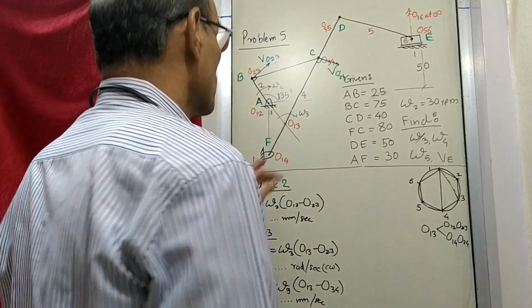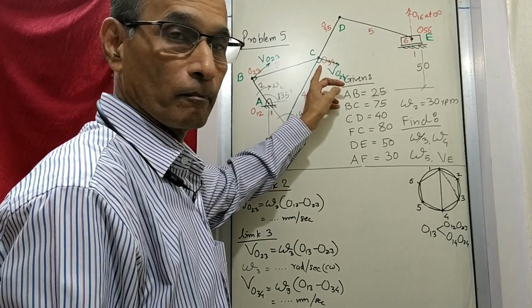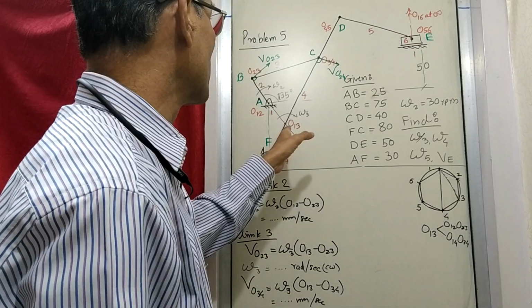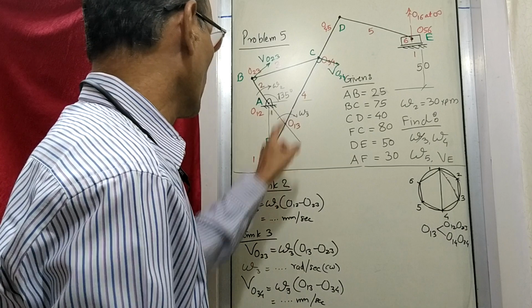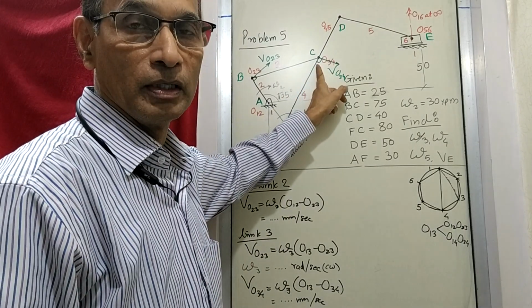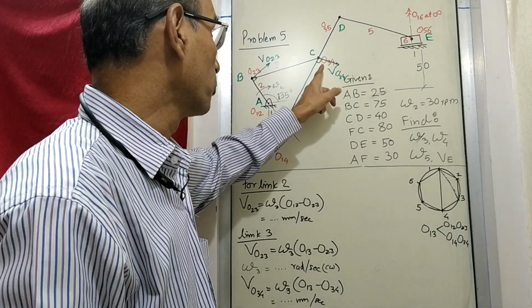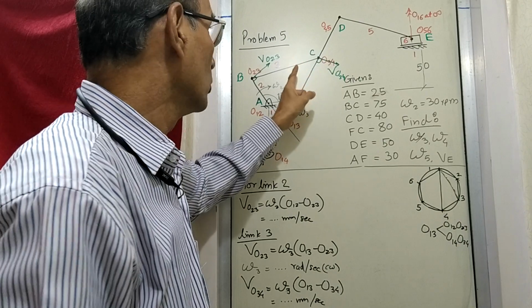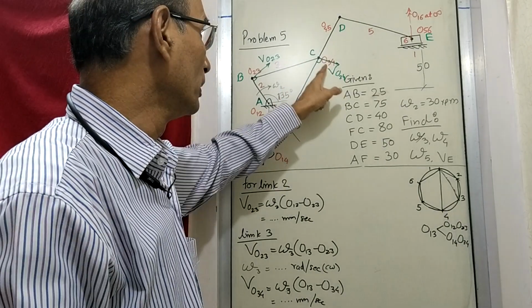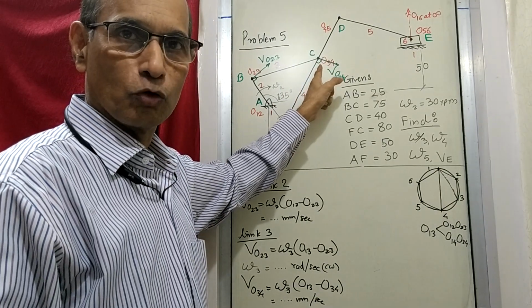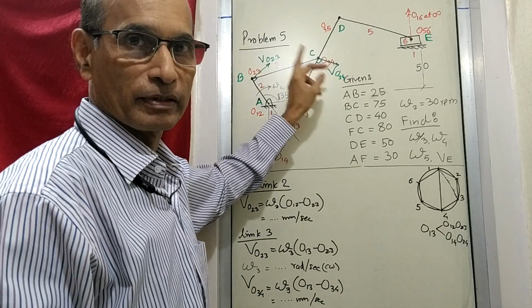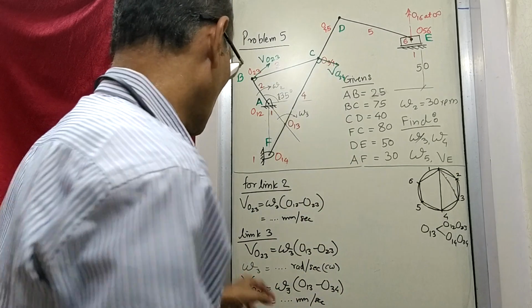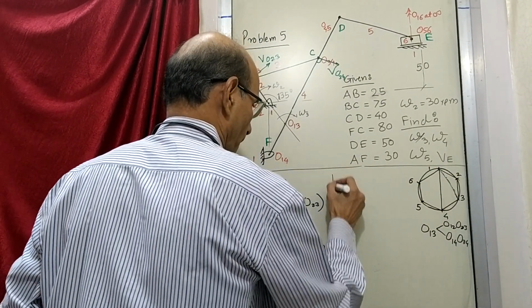So we have found out the velocity of point 34. Now any other point on the same link 3? There is no other point on the same link. The velocity of this point 34, right now we are saying that it is on 3. But it will be the same if it is said to be on link 4, because the number is 3 and 4. So the velocity will be the same whether it is on 3 or on 4. So now we consider link number 4.